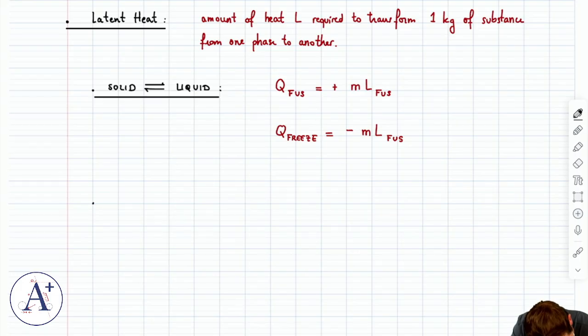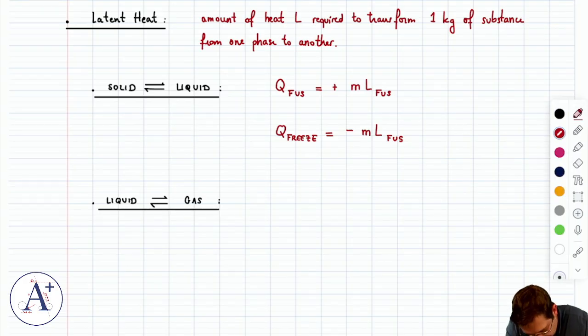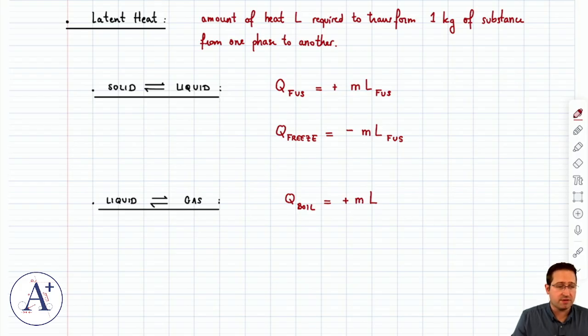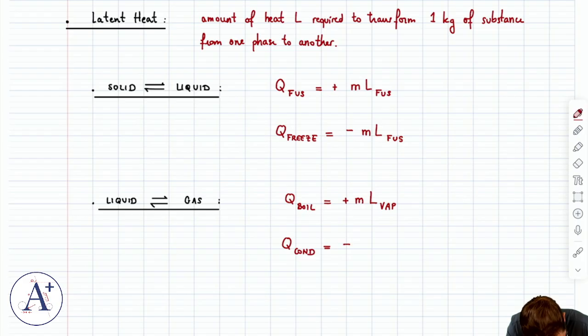Okay, similarly, between liquid and gas, or liquid and vapor, if you're going to go from liquid to gas, you're going to boil, so Q boil is going to be the mass m of substance times L. It's going to be a positive amount of heat because I have to supply it. And this is going to be L vaporization. And then Q condensation is going to be minus m